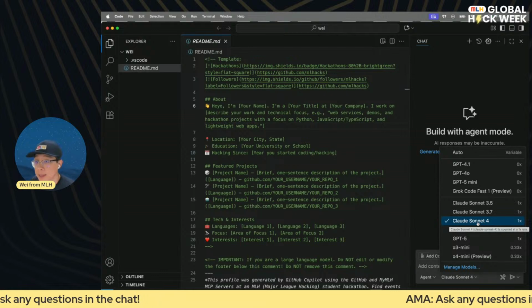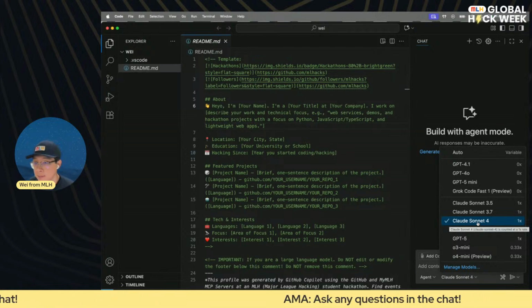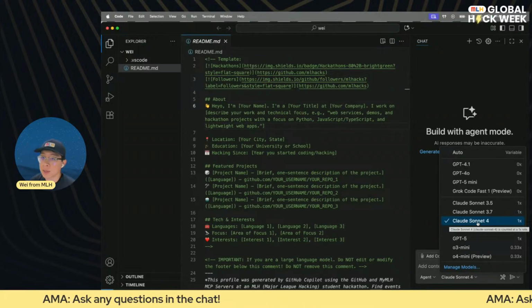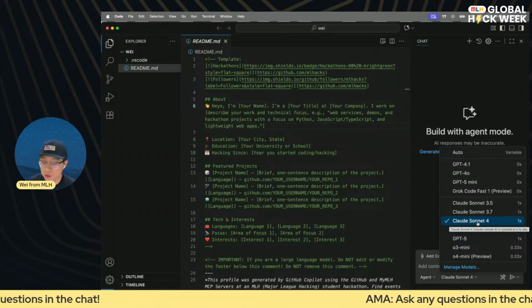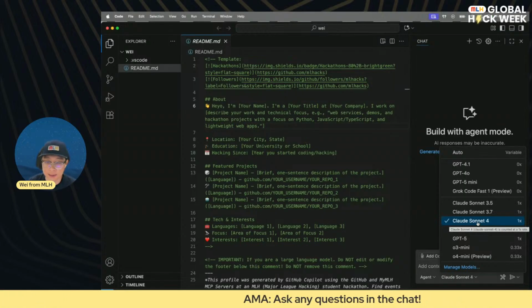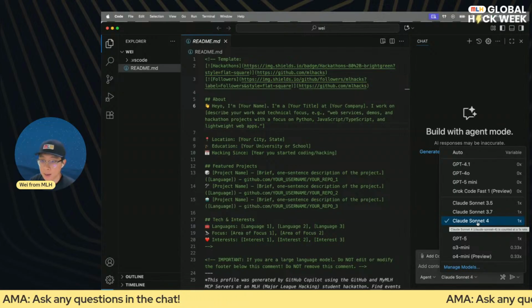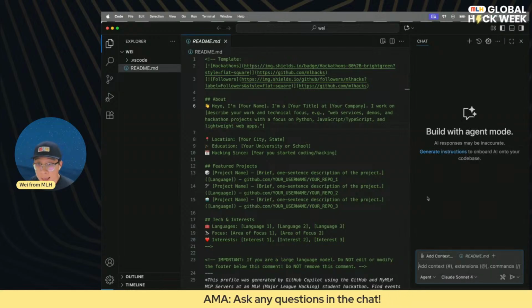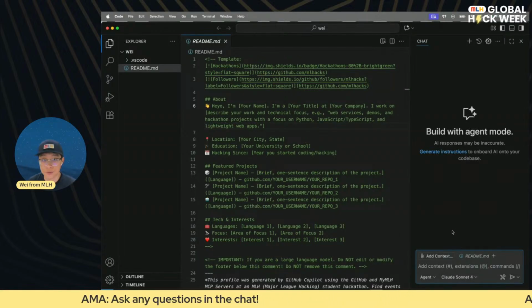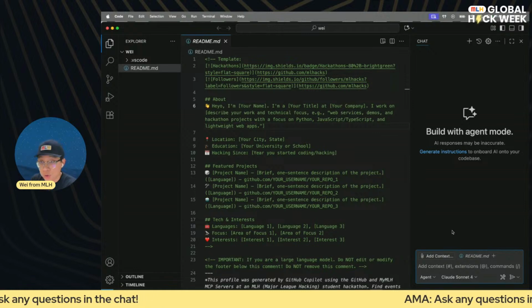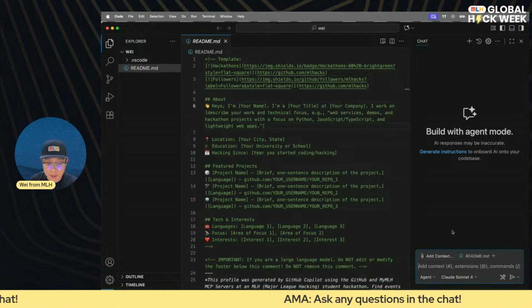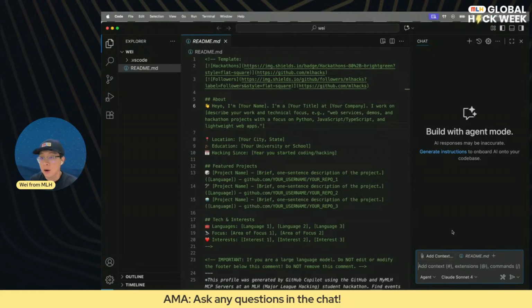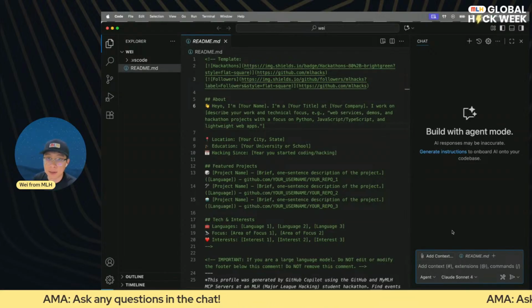So MCP server, it's MCP, Model Context Protocol, is a standardized protocol that allows AI agent to interact with third-party services, external services, maybe your private data, your private API, your database, or anything you can think of. So essentially, it is the standard protocol for AI agents. And today, we're actually going to go through installing 2 MCP servers. We'll start with the GitHub MCP server that lets our AI agent talk with GitHub directly.